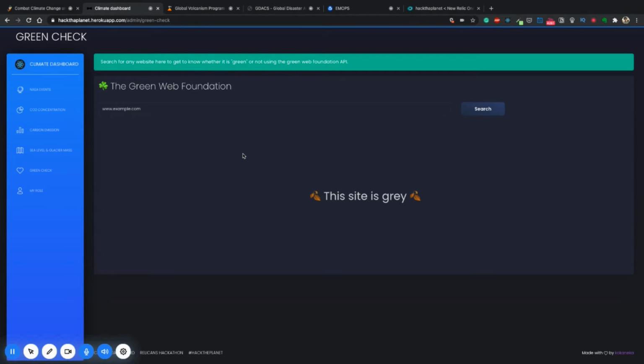So if you are a developer who is hosting sites, this gives more clarity into where you should be hosting your site and where you should be getting your domain, so that you are contributing towards a greener planet and not leading towards its deterioration. Along with this, if you are not a developer, there are other ways that you can contribute to reversing this climate damage.